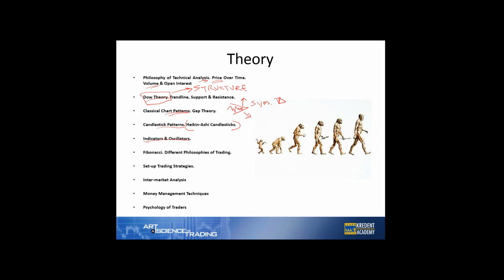Indicators and oscillators. Yes, this is one part. As I said, there are zillions of them and one can actually get lost. Over here, we'll cut down. We will categorize our indicators. First, we will know what an indicator is. We will categorize them just to know which indicator fits into which category, and then use only those which are useful for us. We will use a trend indicator and a momentum indicator, very few ones which give us information about our trading decisions.